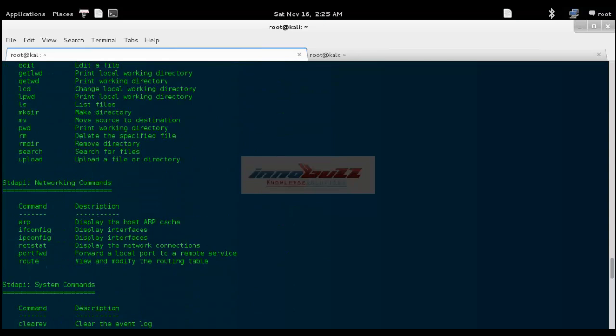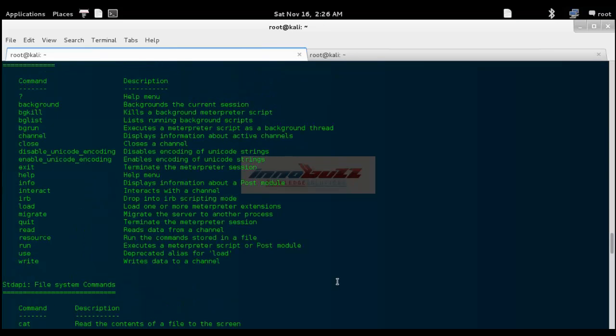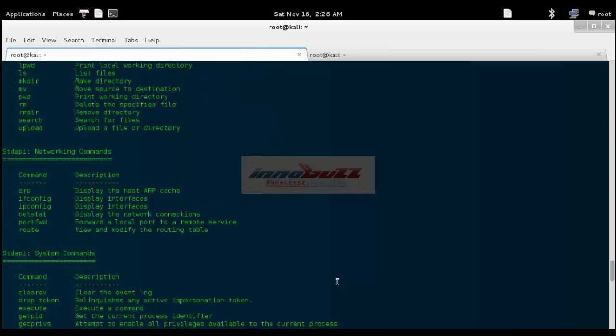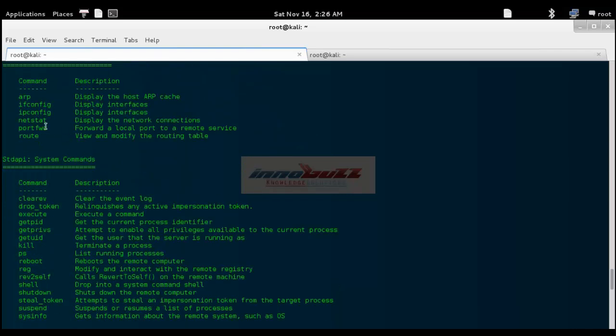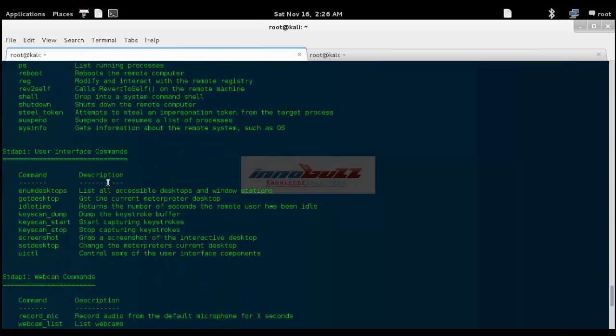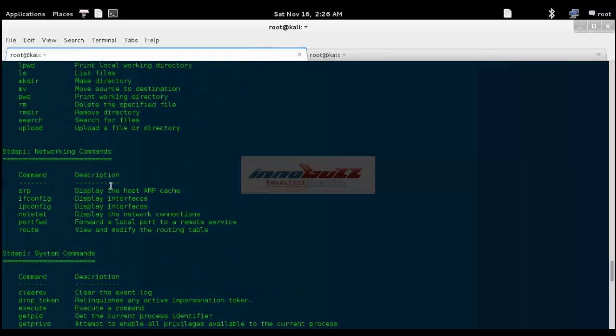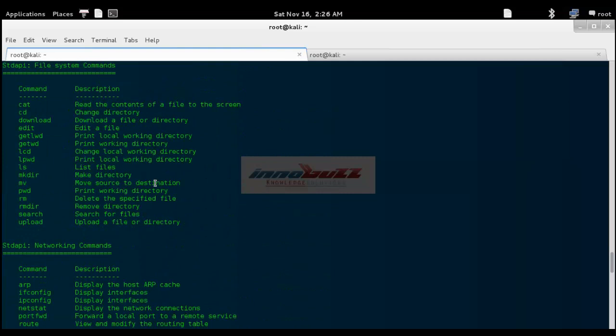Once you are done with everything, after you have played with the victim's machine, at the end you can just make the machine restart. There are different commands you can see on your screen that you can run under the Meterpreter shell, and it's really interesting to do. Apart from fun, it's a really serious issue. So this is the simple video about how you can penetration test any Windows based platform. This attack can work on Windows 7, Windows XP, or you can even try it on the Windows 8 platform as well.